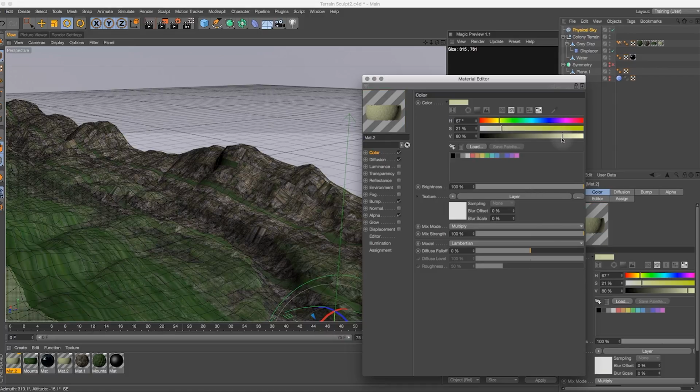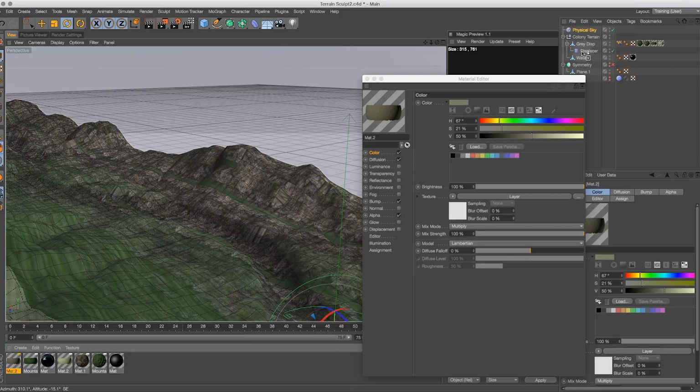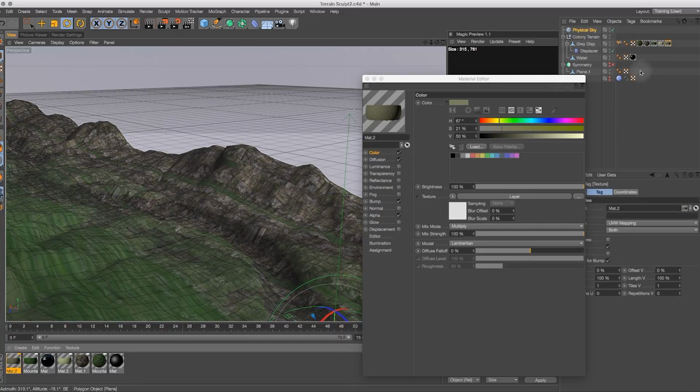Saturation, and then lower the brightness. That's the biggest thing, or the value. If I bring that down to about 50, I think. So I can drag that onto my terrain. It needs to be above the sand, of course. It's going to darken it in the water area, and I need to alter the